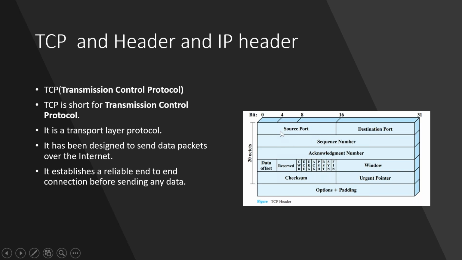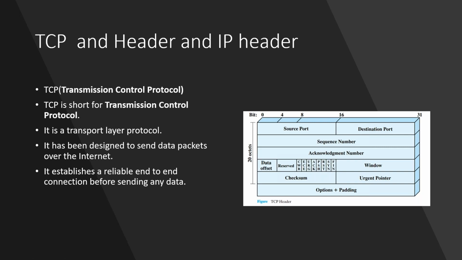Source port means the computer's own port from which you are sending, and the destination port is the port you are going to access. Let's say I want to access some Google server, then the destination port will automatically be 80, because that is HTTP traffic. If you are accessing HTTPS, then that will be 443. The source port will be random, generated by the computer. When you are accessing some website, say a banking site over HTTP, it will automatically be set.